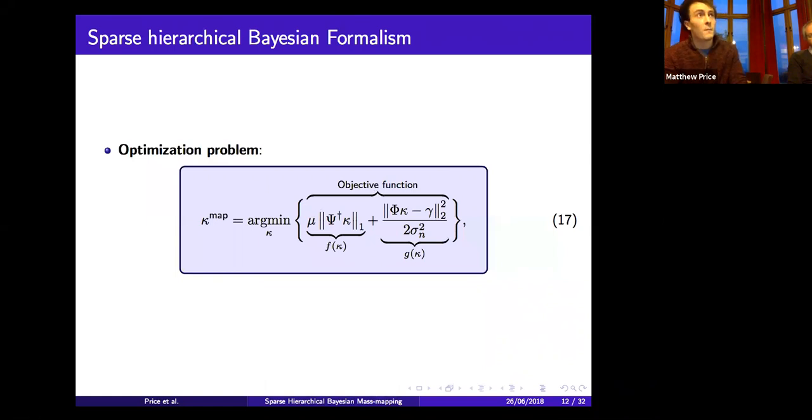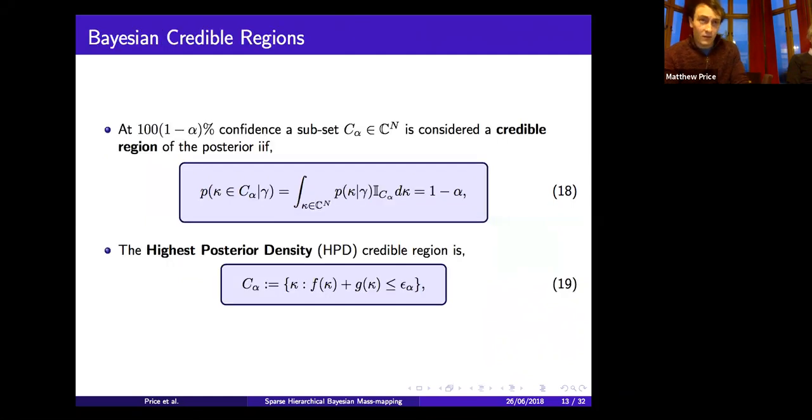So then the problem is, okay, you've posed the problem as a hierarchical inference problem, and you found the maximum a posteriori solution, the one that maximizes the posterior odds, but you have no idea what the uncertainties on those values are. Typically, one would solve this problem with MCMC sampling, and then you get an idea of what the posterior shape is around your solution. But that's extremely computationally taxing. What you would recover if you were to do MCMC is a Bayesian credible region.